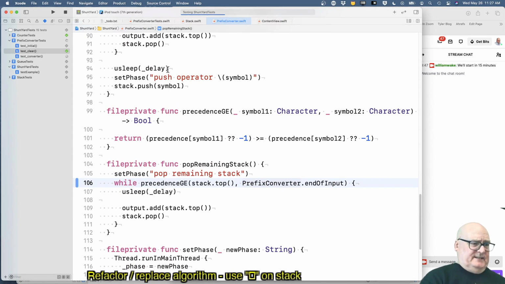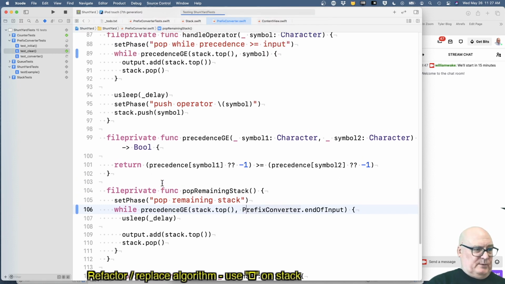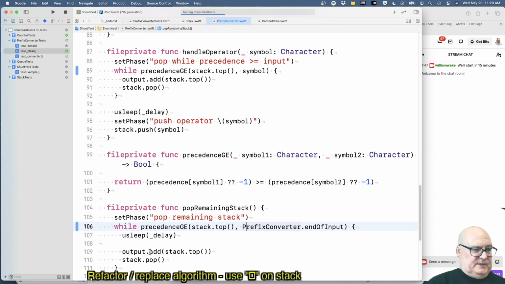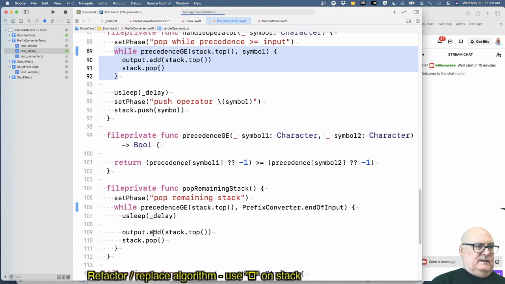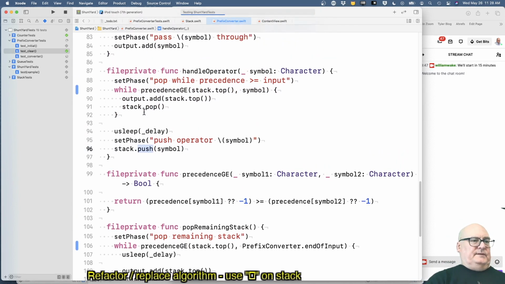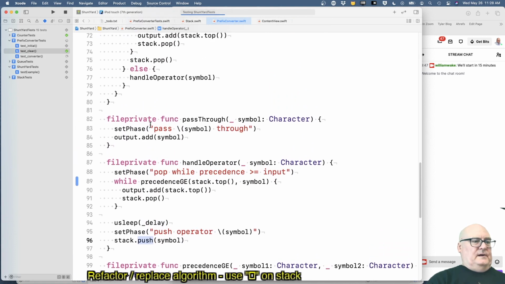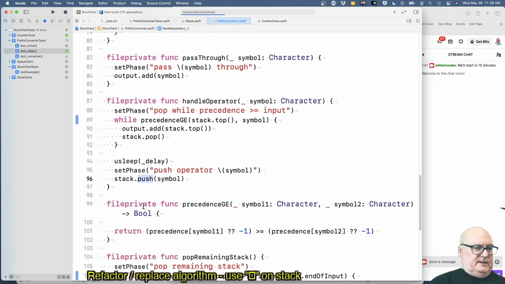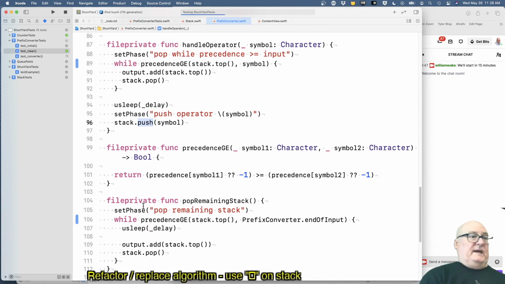Yeah, this whole delay thing, during the test I would like to change it to almost nothing. But the difference I see in my loops now, pop remaining stack delays inside the loop. It sleeps, it output adds stack top, it stack pops. So this chunk of code seems like it should be the same. I don't know, yeah, at least this will be a function call. I don't know. We'll see. Assuming it passes. All right. And then the next refactoring,